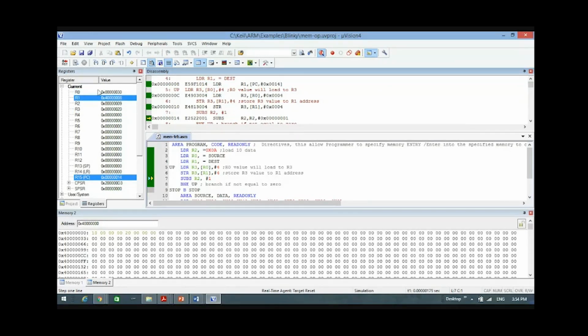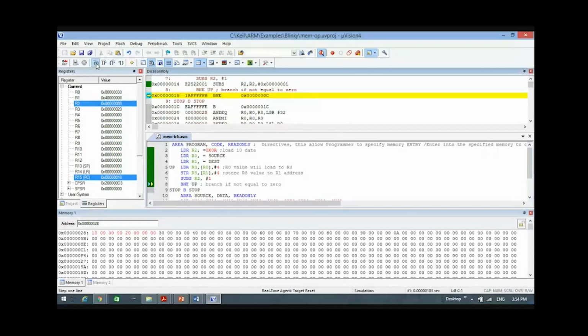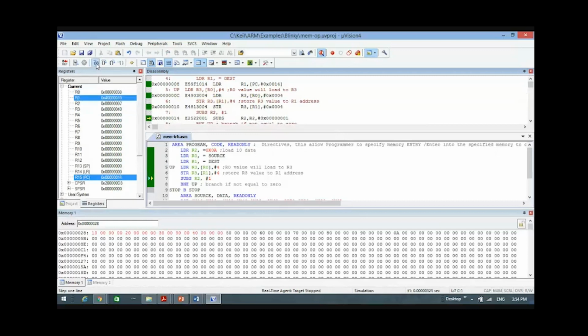It is showing how this 20 is getting copied to the destination. Similarly, in memory 1, 20 is already copied, so it is showing in red. If you keep on executing, it is showing how the data is getting copied into the destination memory location. As it is getting copied, it is